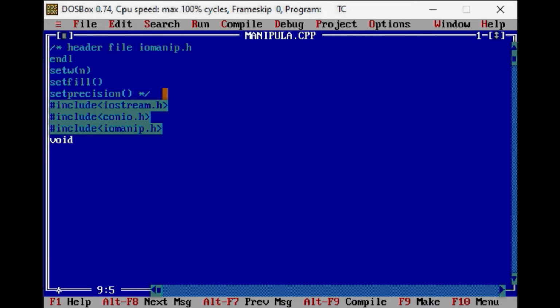Now in the main function, first of all we specify clrscr to clear the output screen, and we write getch.